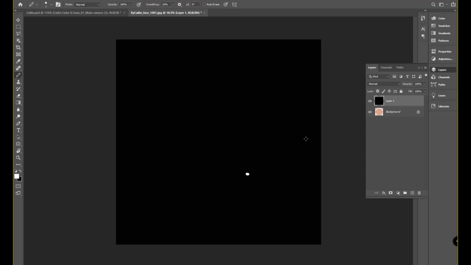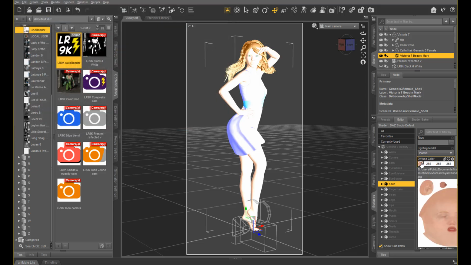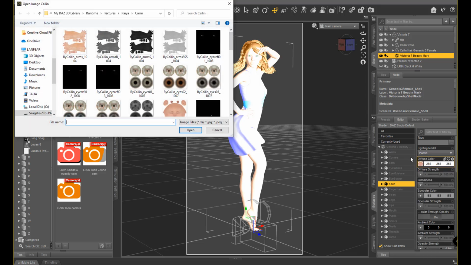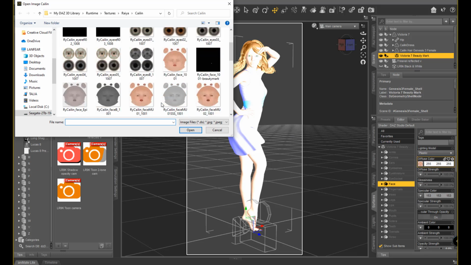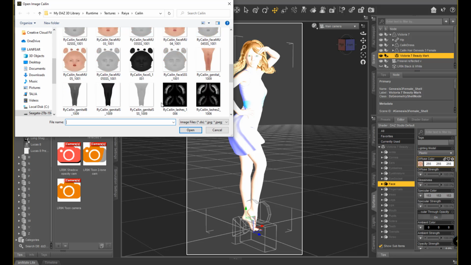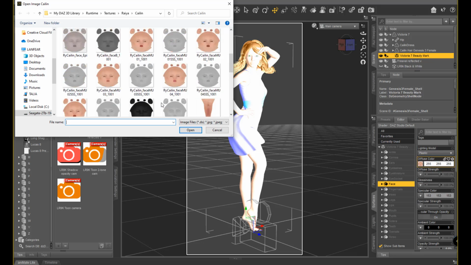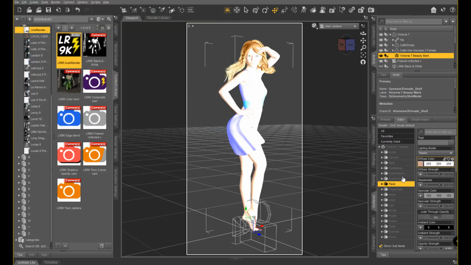All right. So now back to DAZ Studio. Selecting the geometry shell and the face texture on the geometry shell. We're going to remove the diffuse map that we added there just to navigate to the texture. We want that to be pure white. I think that's what we're still navigating right now. So I think we want to cancel out of this dialog and then switch that guy to a no